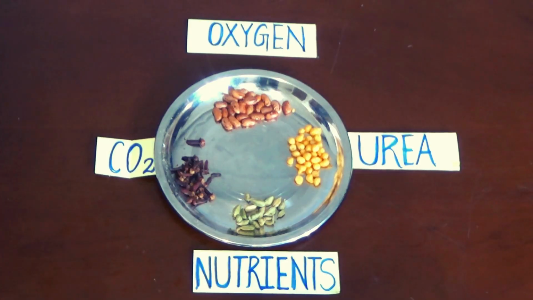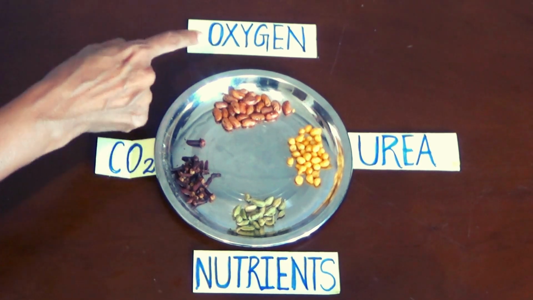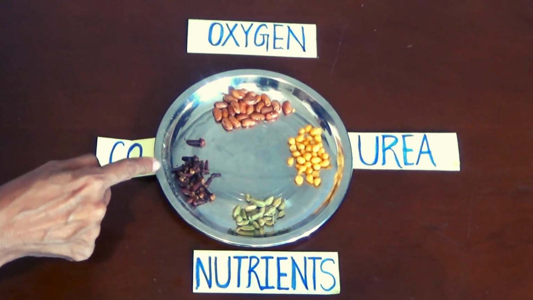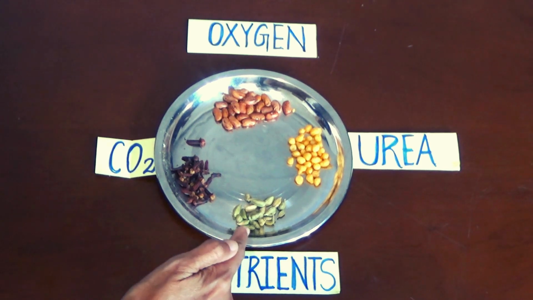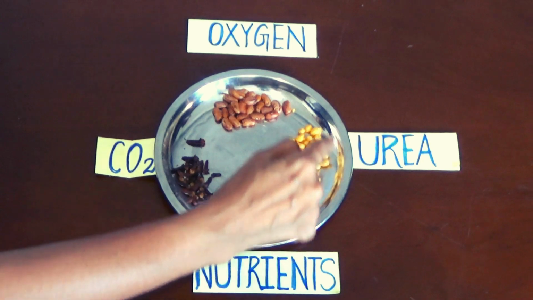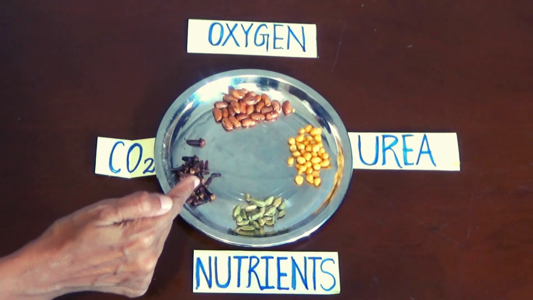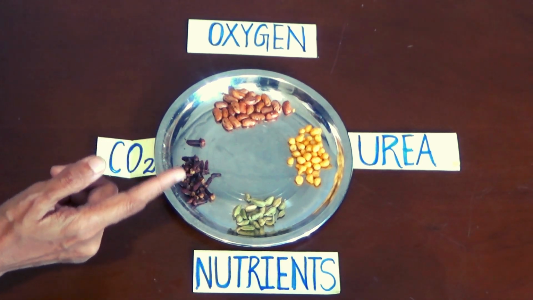We are going to do an activity about circulation of blood in the body, in which oxygen will be shown with the help of these, carbon dioxide with the help of these, nutrients or digested food with the help of these, and urea or nitrogenous waste with the help of these. We will be moving these materials on a chart to show and to understand how the blood is flowing through